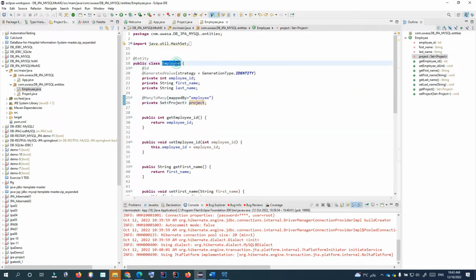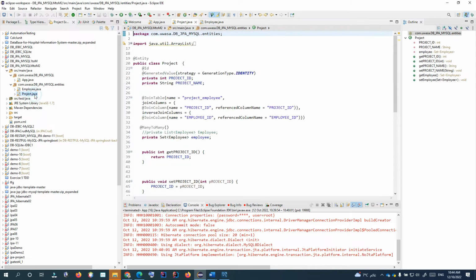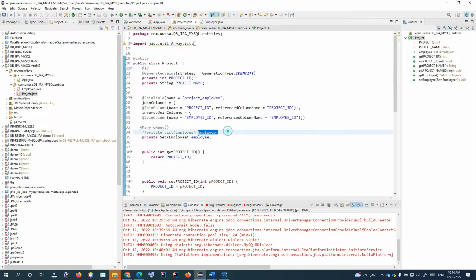One employee can be involved in many projects. This is why we put a set or list here. It's up to you, you can choose which one you want to use. So this is the first entity, and the other things are normal, which are the setters and getters. If we go to the next entity, which is project, here we have the same information of the project, and we have another